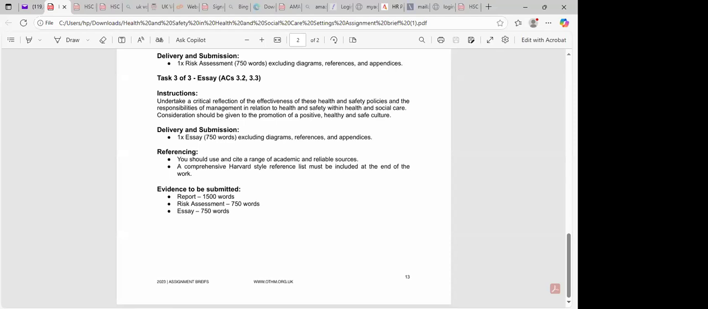So have a critical reflection of those health and safety policies that you have mentioned. How effective? Reflect upon them, and then also the responsibilities of management in relation to health and safety within health and social care. So let's reflect on the effectiveness of these health and safety policies. Are they effective? Let's reflect. According to my own understanding, I think they're trying to ask how the effectiveness works,